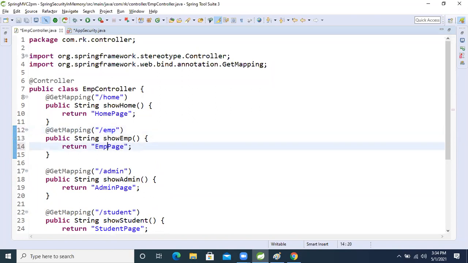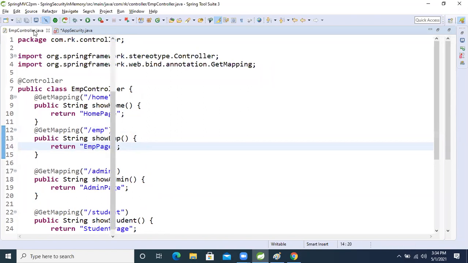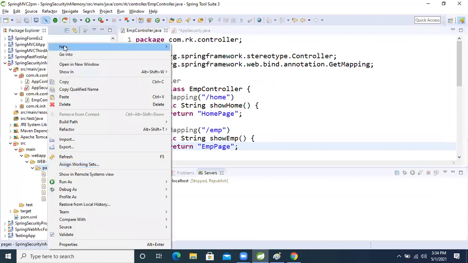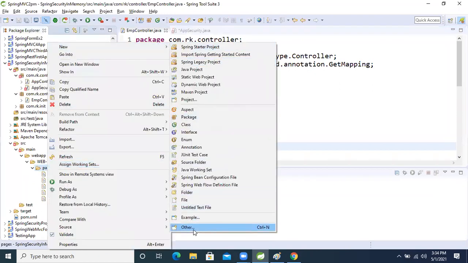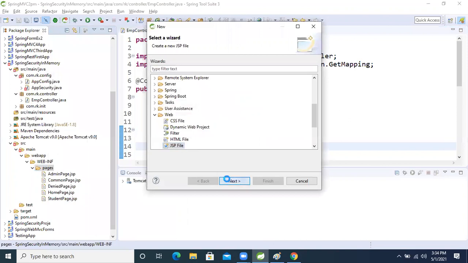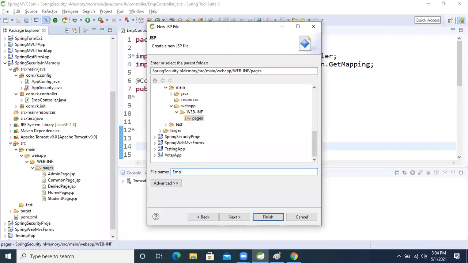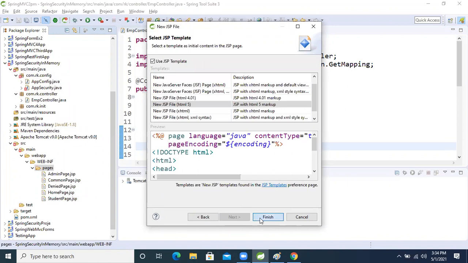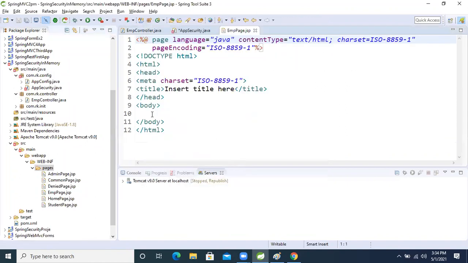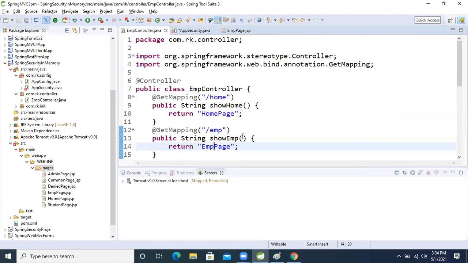EMP page. So here, create one more EMP page also.